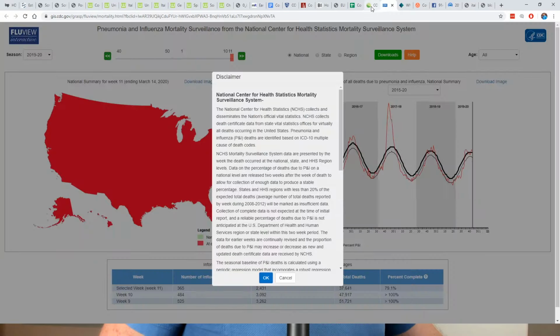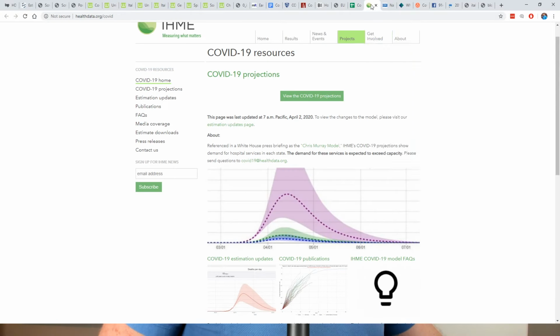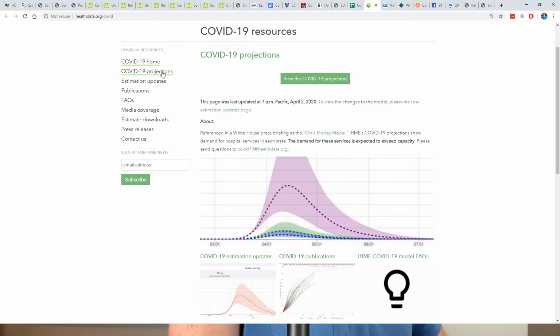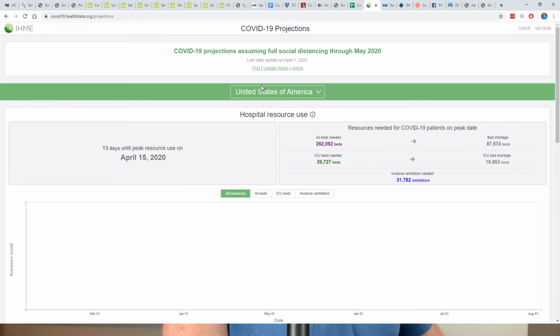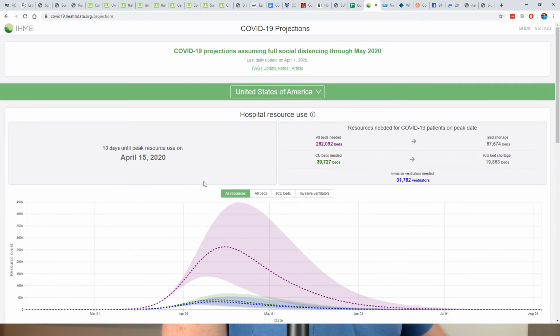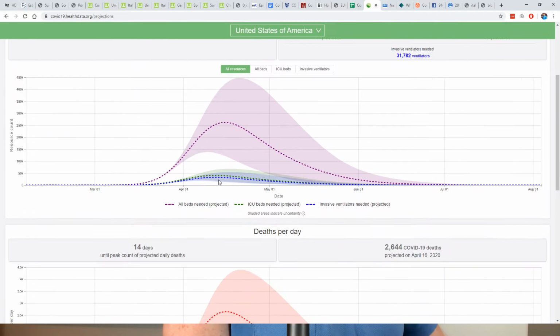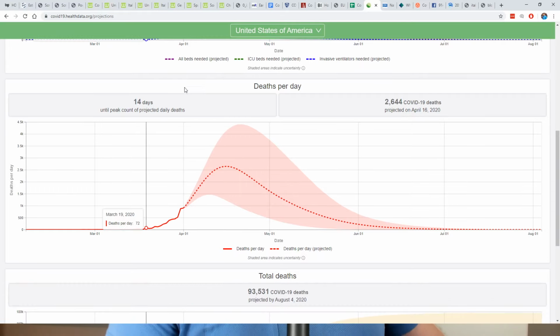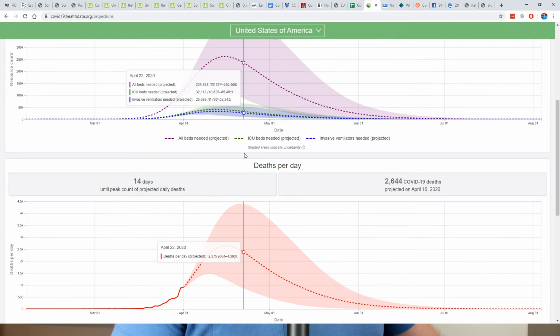Let me find his projection. Hold on, I had it up. I think that's it. So if we look at his projection right here, he thinks demand, capacity, here it is, projections. I think this is it. Yeah, April 15th. This is on all resources here. Let me find it, guys. Deaths per day. Yeah, peak is, he's thinking April 16th now. That was April 15th, 14th. So he's thinking about 5 or 6 days later, okay? So 2 weeks till the projected death rate is maximized.